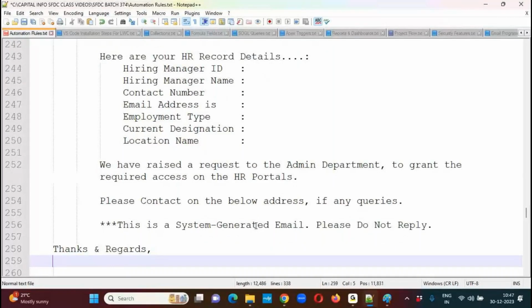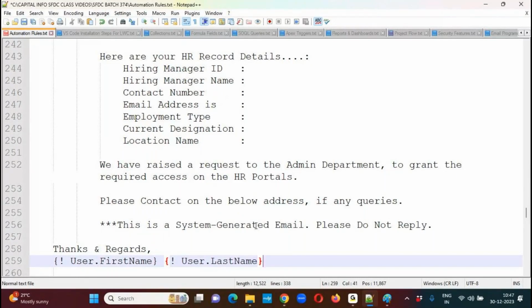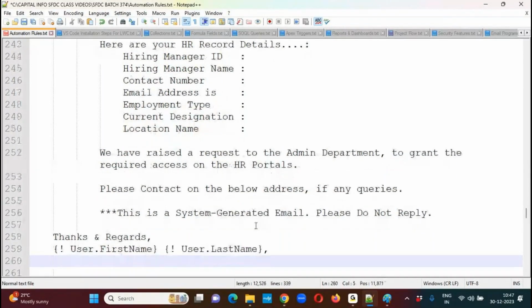I would like to specify the currently logged in user details. User dot first name, user dot last name. Currently logged in user details, I would like to specify. Now I want to indicate